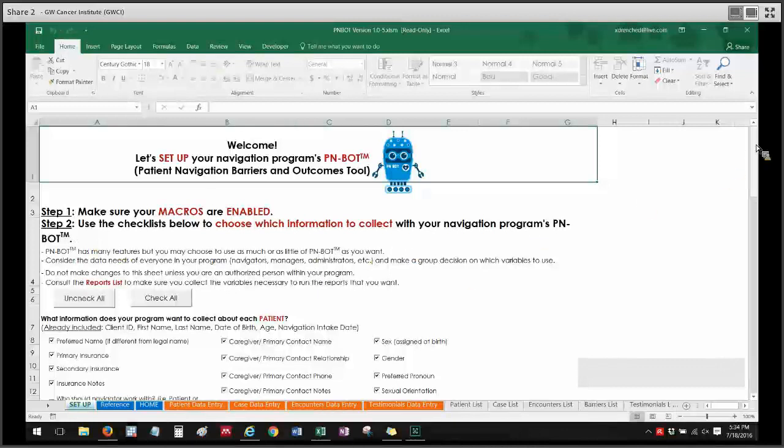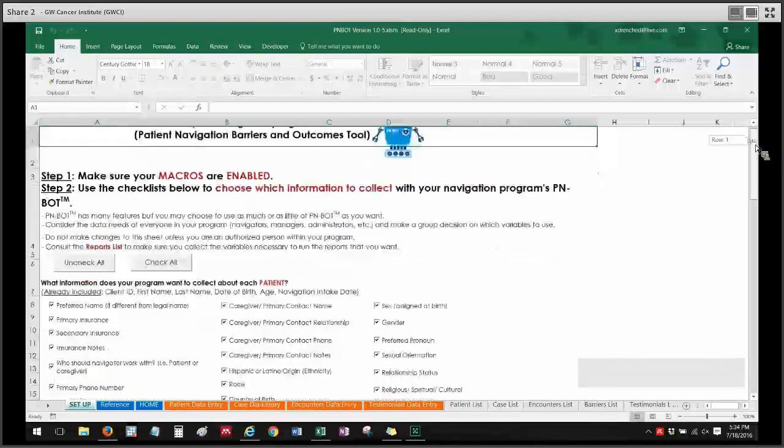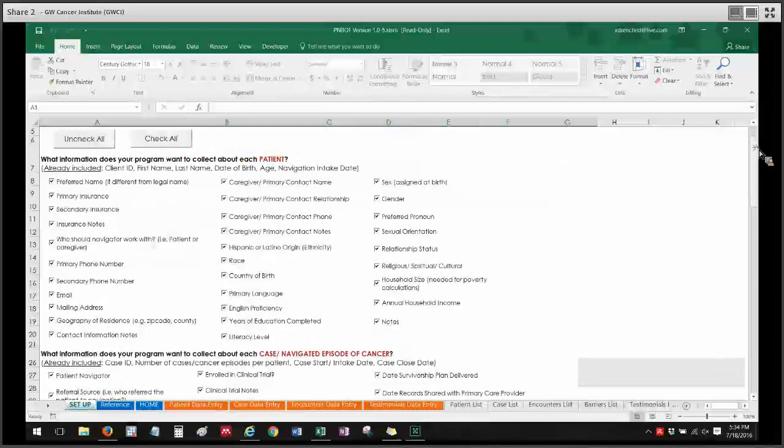I want to collect. We opted for including a very large number of variables just because we realize that patient navigation programs are very diverse. You all operate at different points in the cancer continuum and work with very different populations of patients. So the information that might be interesting to some navigation programs may not be interesting or relevant to others. So we really allow you to make the decisions on which variables you'd like to use or would not like